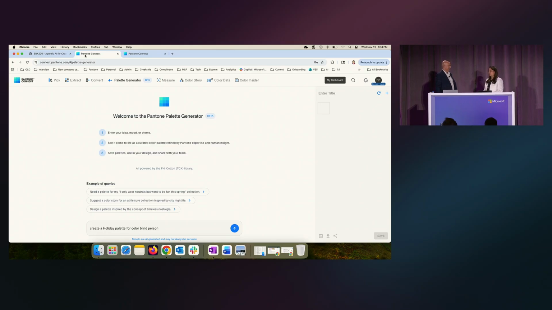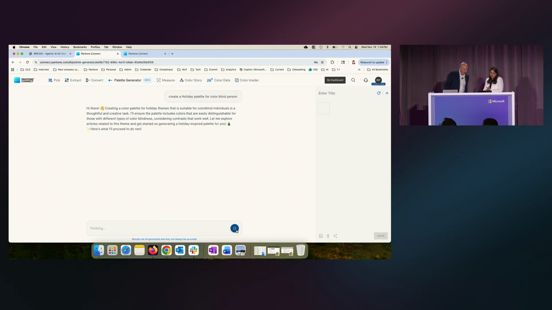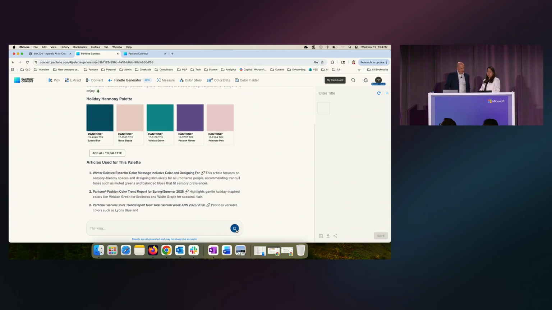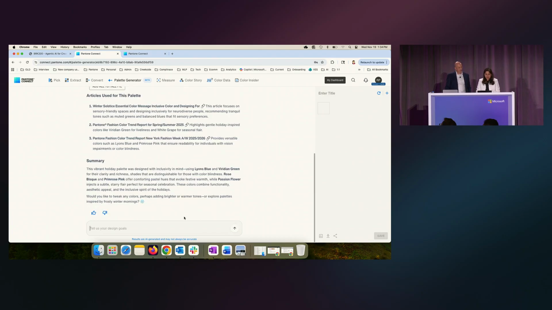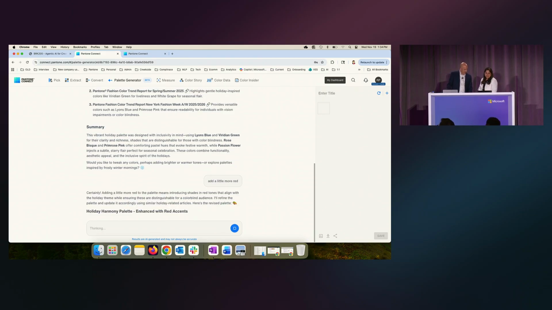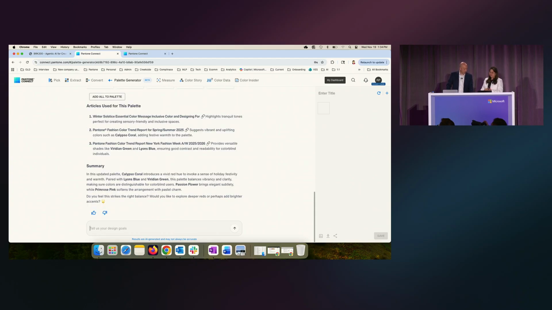So the problem you just told me about, let's see what the palette generator can do. Yeah, make me a holiday palette that is consistent with somebody who is red-green colorblind like myself. Let's see what we get. Come on, colors. Okay, do you like it? Do you want to change it? Maybe let's add a little more red. I can definitely see the difference between these colors, no doubt about that, but there's not a lot of red in there. So let's see what we get. Okay. All right. Let's see. There you go. And yes, indeed, that red and that green are easily distinguishable to me, as you can see. Perfect. Thank you very much. That is great.